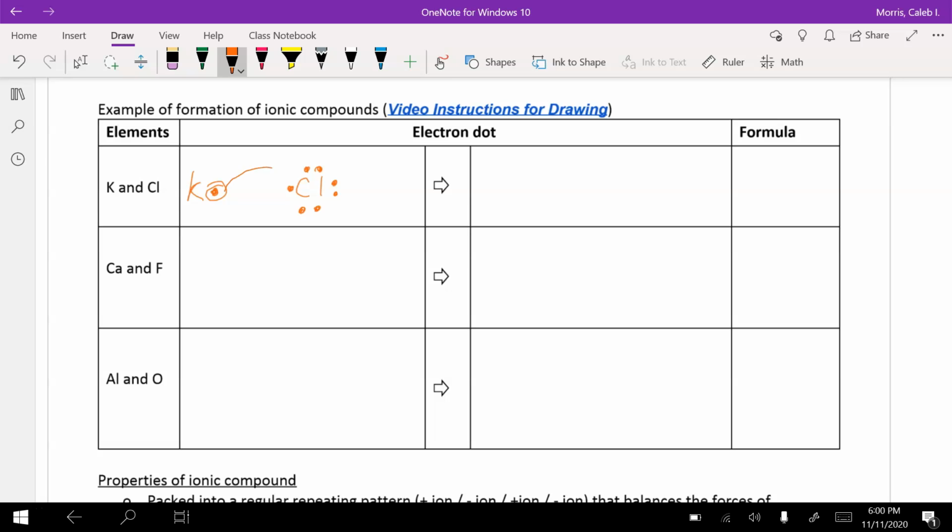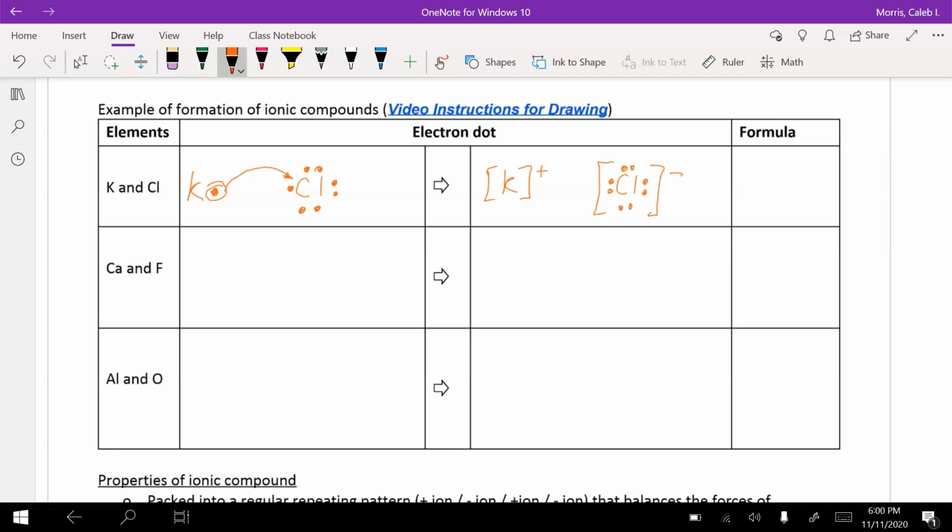Potassium would donate one electron to chlorine, and then after it does that, we're going to have ions, and the ions are going to attract each other. So we end up with potassium with a positive charge, and chlorine with 8 dots, because it gained that extra valence electron,